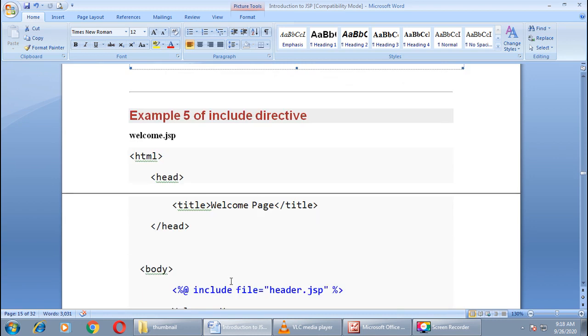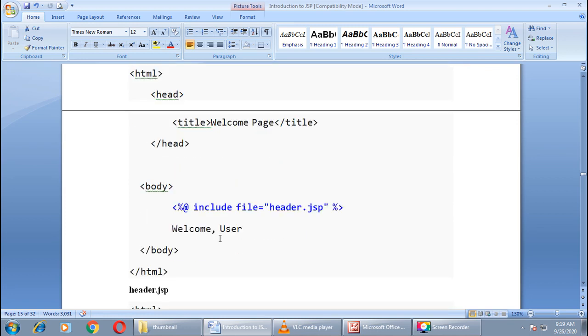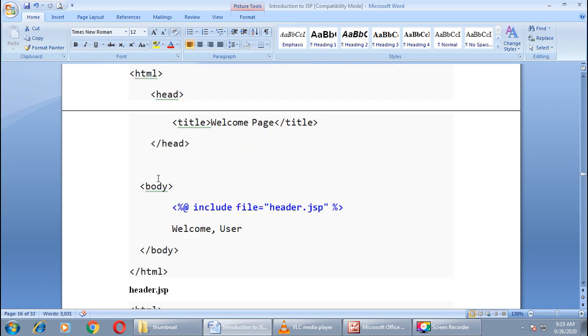Now let us try to understand through the example. Here I have created one example, include directive, example number 5. We will create a welcome.jsp file, and I have one header.jsp defined over here. So we will include this file over here.